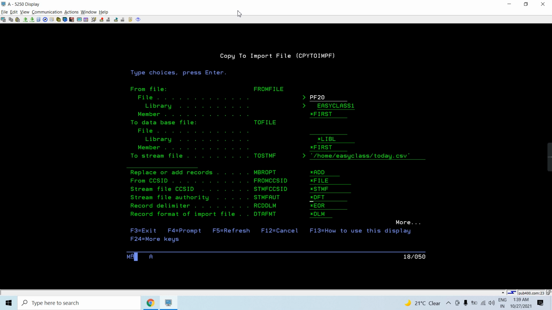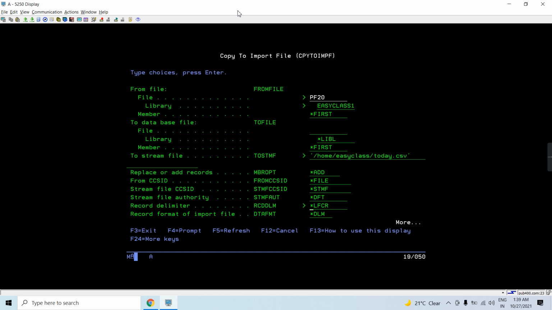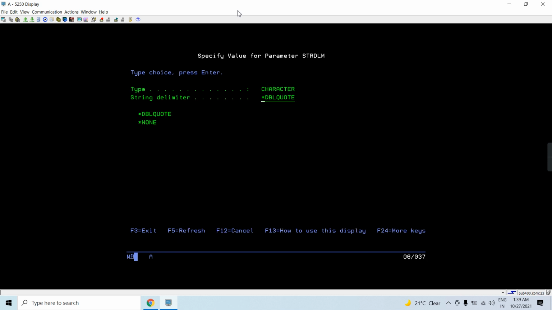Default authority is there, and I'm going to provide LFCR, line feed and carriage return, as the end of line character at the last line. And this is the delimiter. Here I can give double quotes, because some systems allow the field values within double quotes, separated by comma.